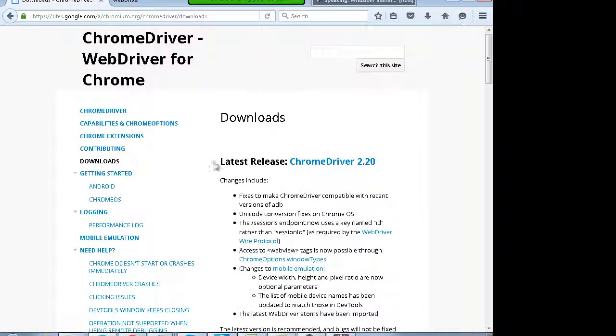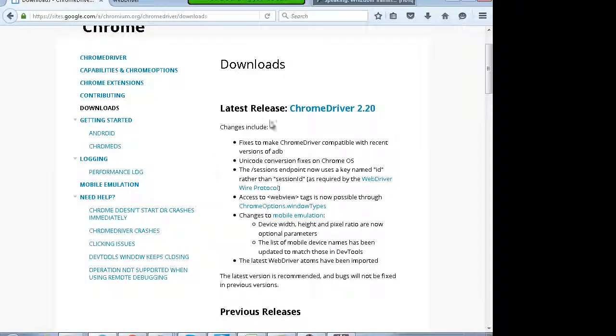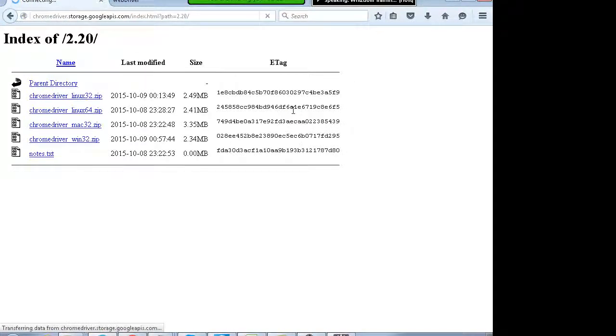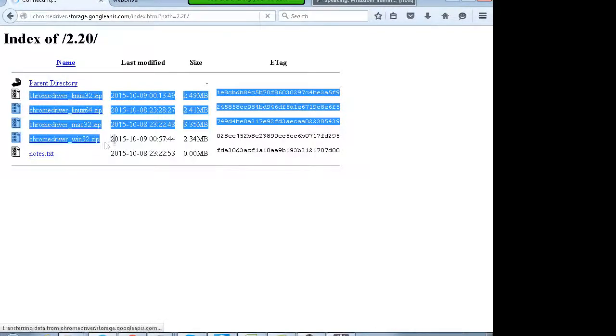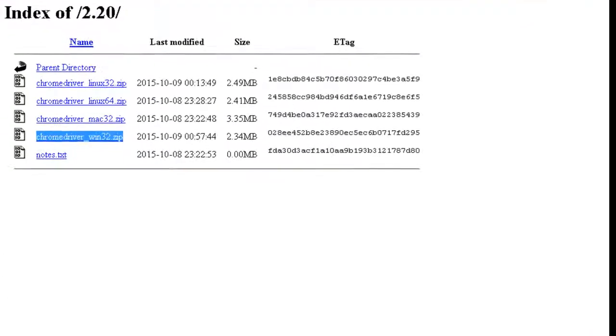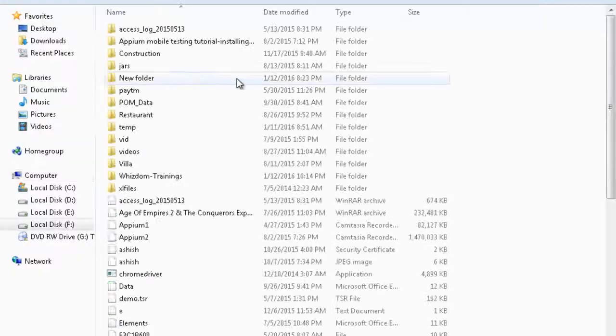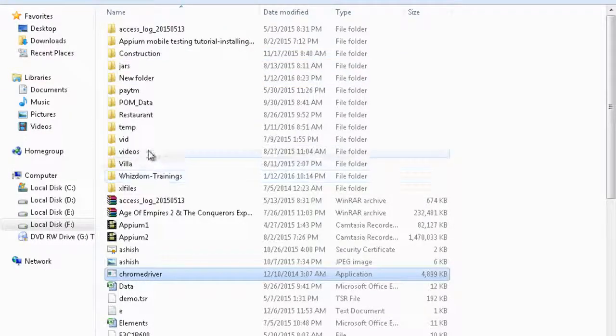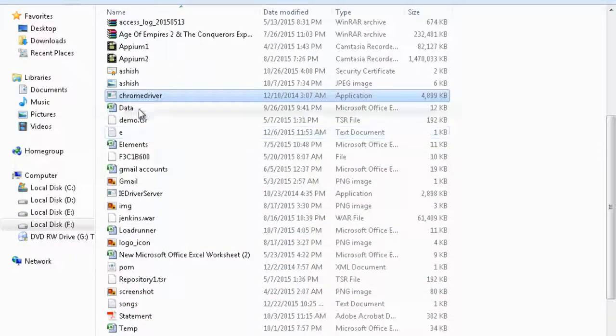You can click on this 2.20 release, and you can download it for your operating system. In case you have a 64-bit machine, you can still download 32-bit for Windows. I have it downloaded. Yeah, this is the one, Chrome driver.exe.